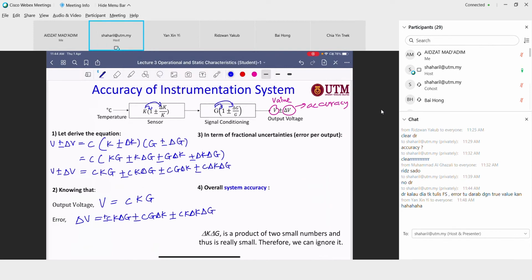Now, in terms of fractional uncertainty, accuracy sometimes we call uncertainty. So the error for the output, error and accuracy, is equal to